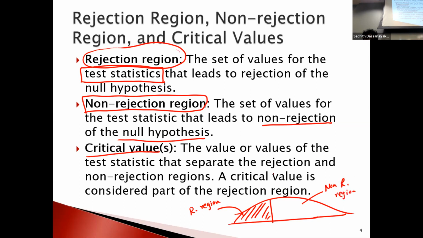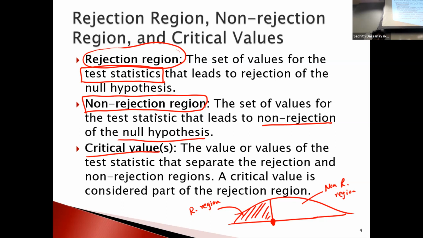Clear? So critical value means the value here on this axis, this value here we call critical value. That's why I told you, you already know this. This is like C alpha or C value. Simply, this is the C value. The critical values can be one or two. There are no more than two, one or two.